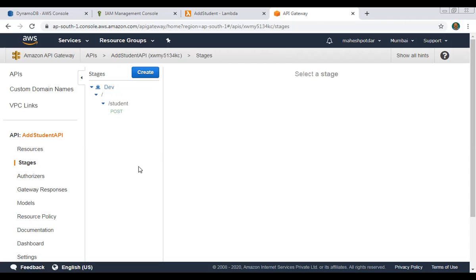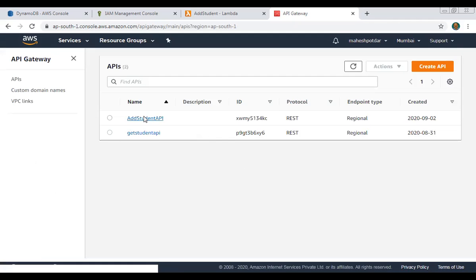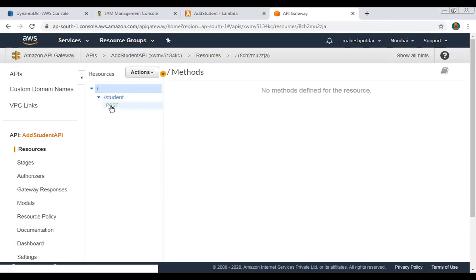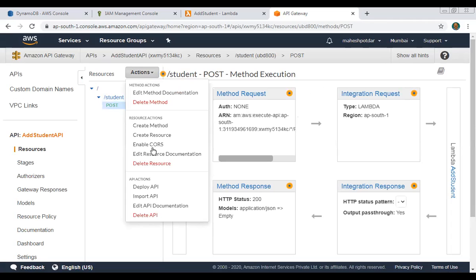I have created and posted the API. This is the add student API, and this is the POST method. From this environment, how do we deploy?